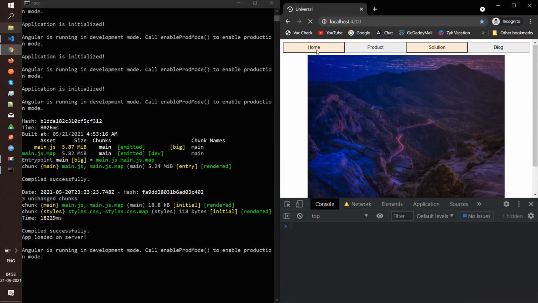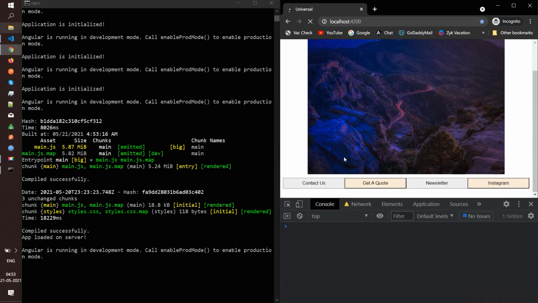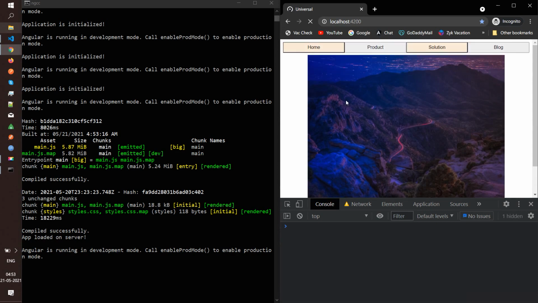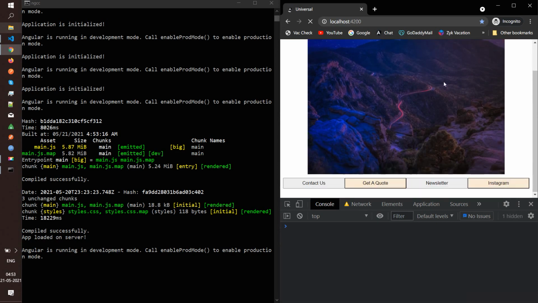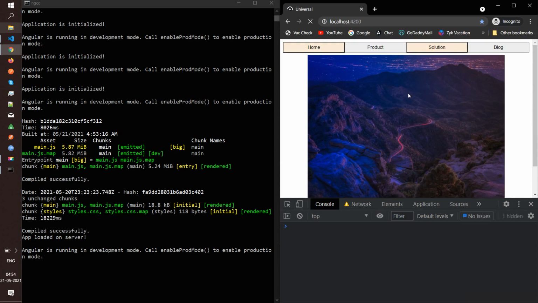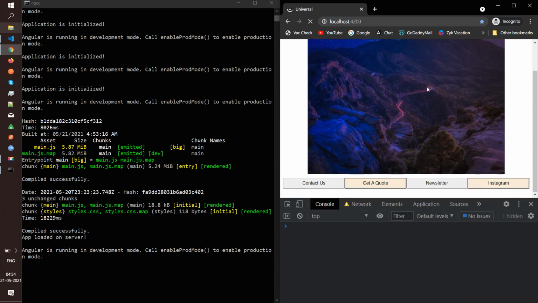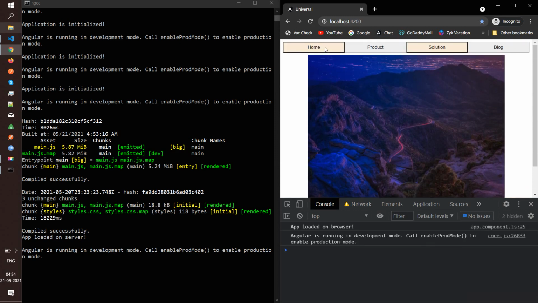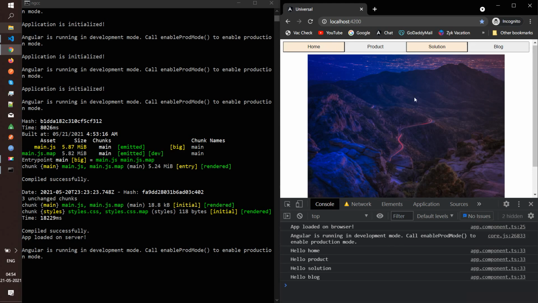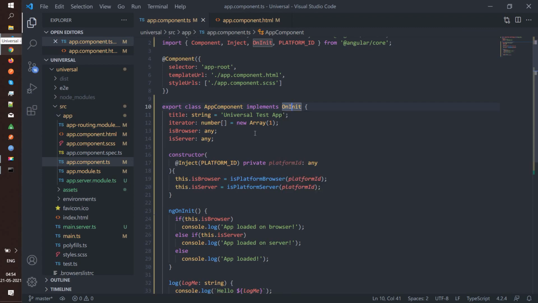Now we are waiting for it to get loaded on browser, but still the static rendering is happening. The static layout that I was talking about in Universal's case is being sent as the response, as the quick response for the first page. Now as the app gets loaded on the browser, we can see that these actions are actionable. Now to get rid of this first static rendering, we also have a cure actually.